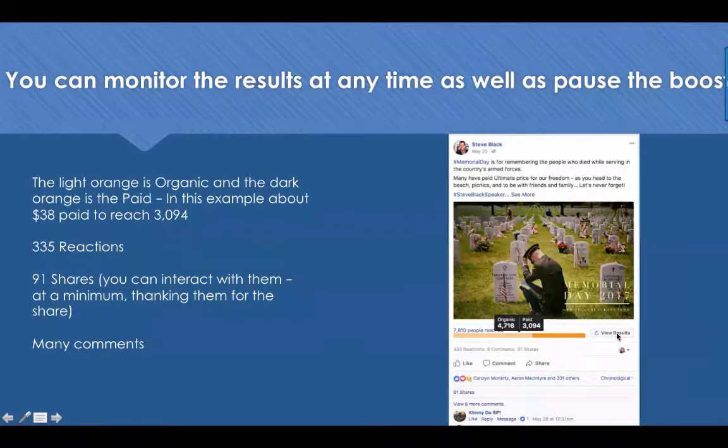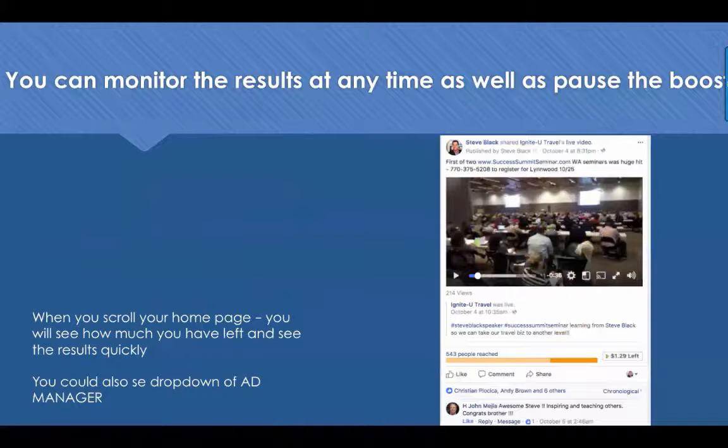I also can click this button right here where it says view results. And that's where it would show me that I paid $38 to do it. You know, 60% of the people that clicked on it were women, 40% were men. I got more clicks from the 55 to 65 demographic than I did from millennials. And now if I really wanted to tweak it out, next time I do a military post, I don't even bother going to the millennials with it. I only go to my audience that really reacts well, and I even get more juice out of it. You can't do that with postcards. You can't do that with mailers, but you can do it with these, and that's why we name them properly so we could tweak it.